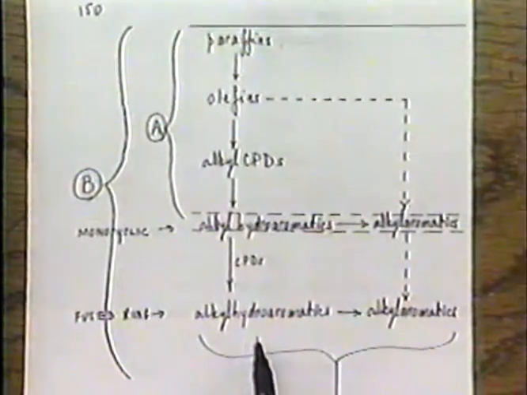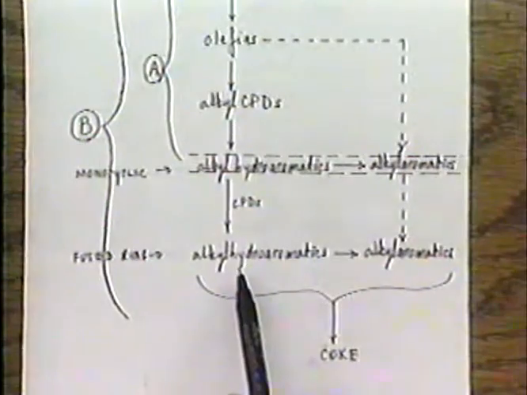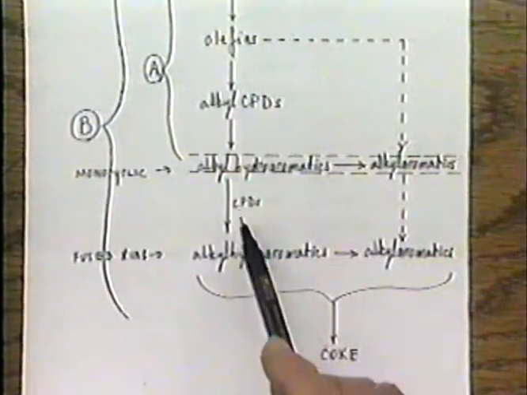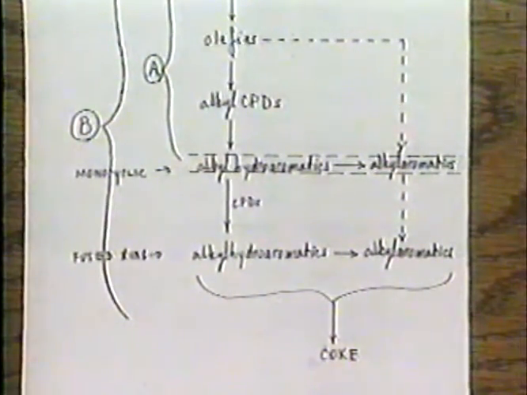And if you want to get fused ring aromatics, particularly with 3 rings or more, that process then has to occur on the external surface of the HZSM5, and it's the continuation of this reaction which ultimately leads to the coke, which is a polycondensed aromatic structure of ill-defined composition. That implies, incidentally, that